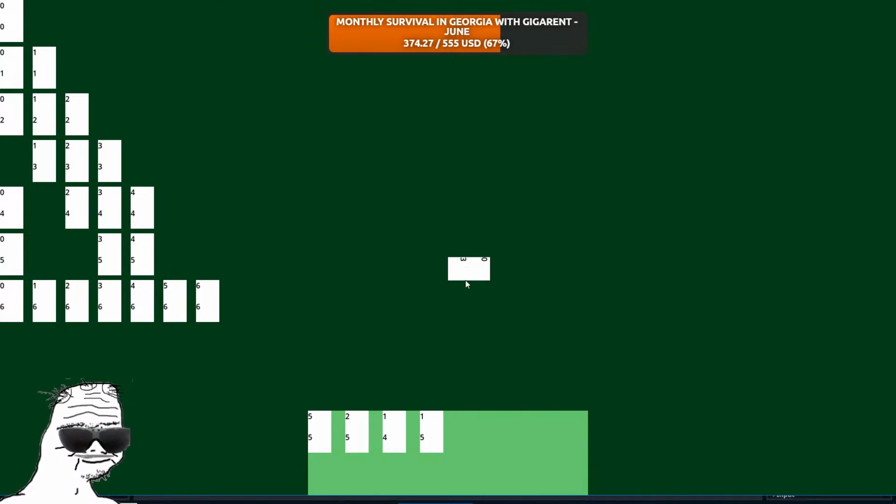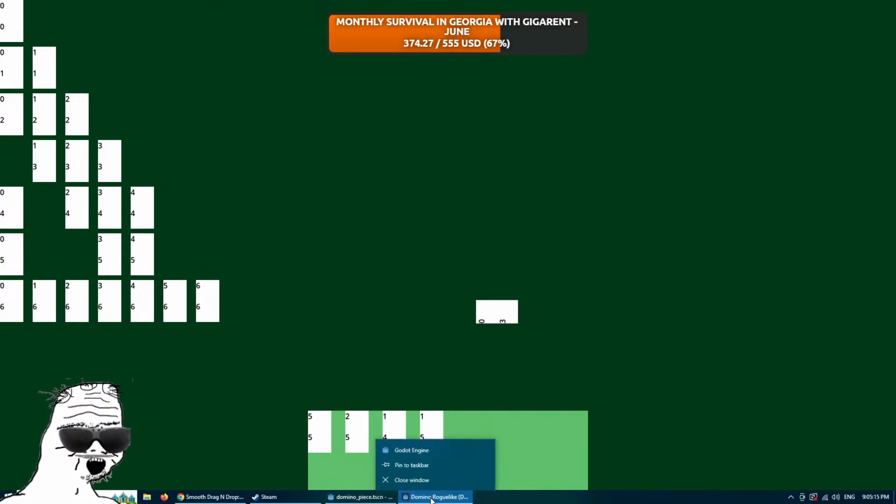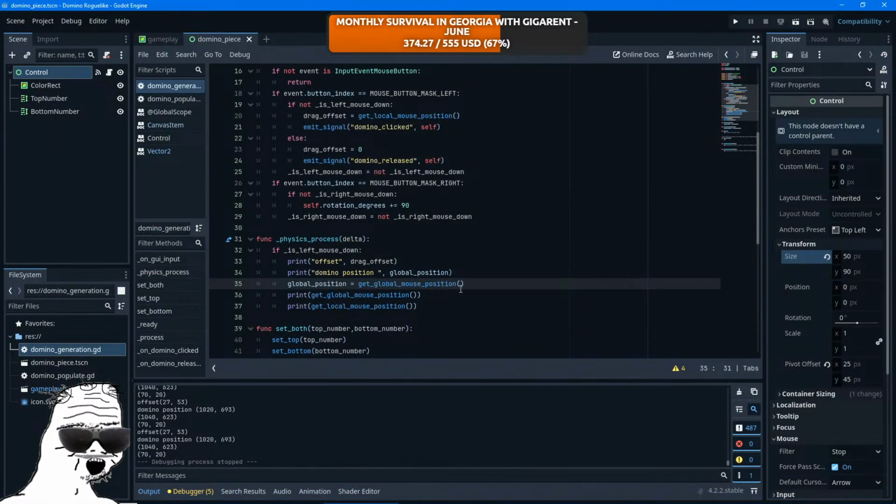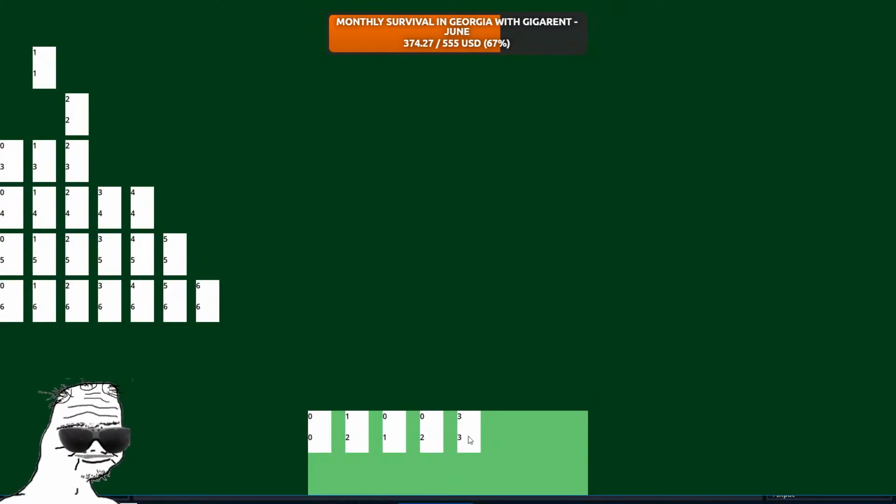And even with offset, it's still borked. If you don't click in the middle, it's still gonna be borked. So yeah, it's not lerp. Lerp just slows it down. It's not in the middle. Yeah, you click here, it's still